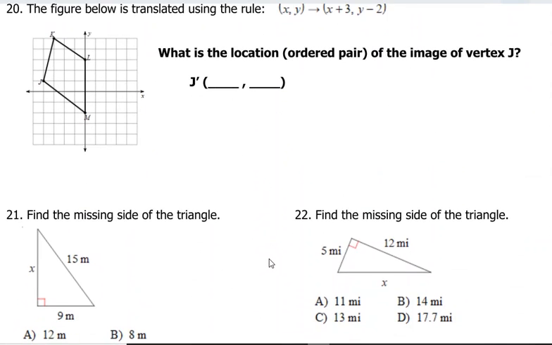Number 20. So the figure below is translated using this rule. So we're just going to remember how to apply a rule. I take an XY ordered pair, and then I'm going to adjust the X, and I'm going to adjust the Y according to the rule. It only asks me to describe this transformation for J. So if J started out at negative 4, 1, then J prime is going to be